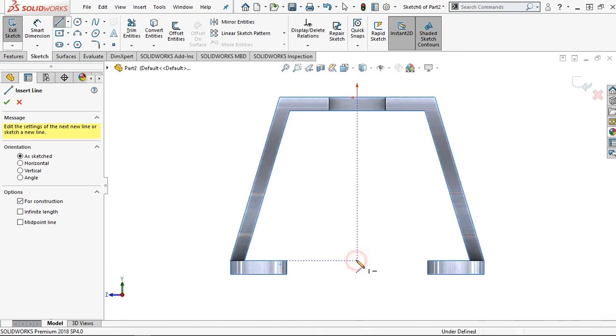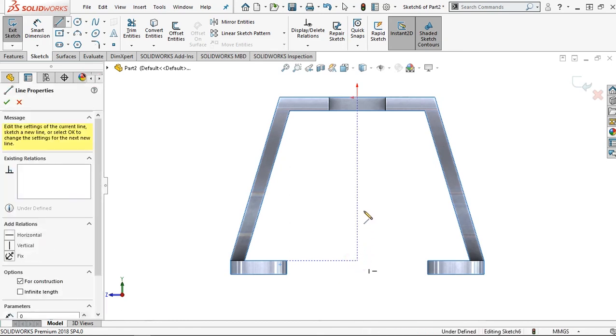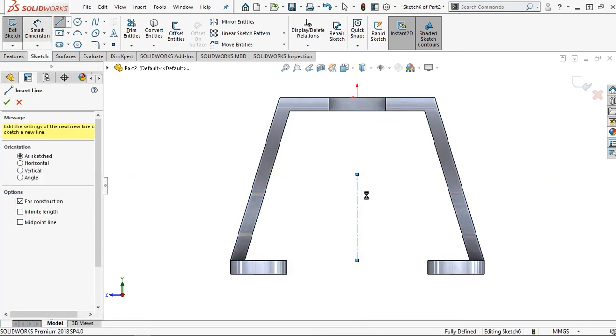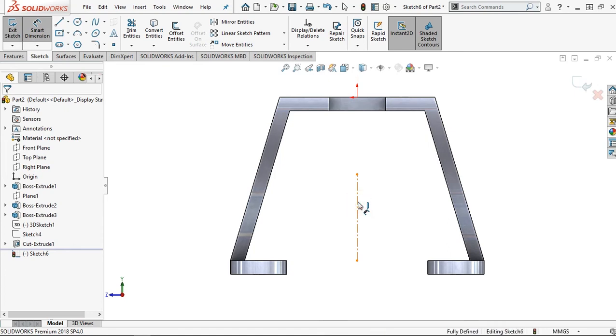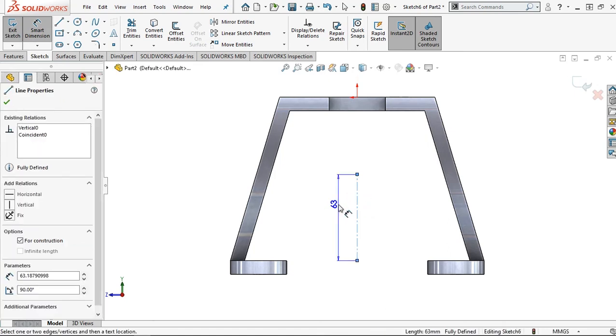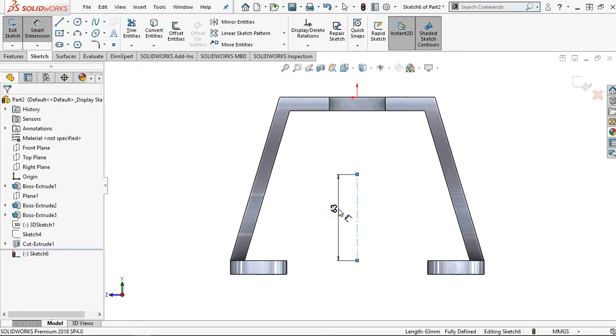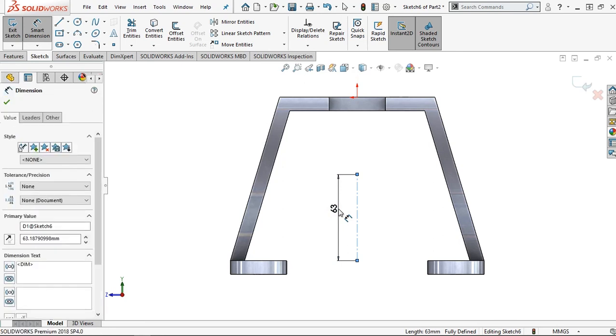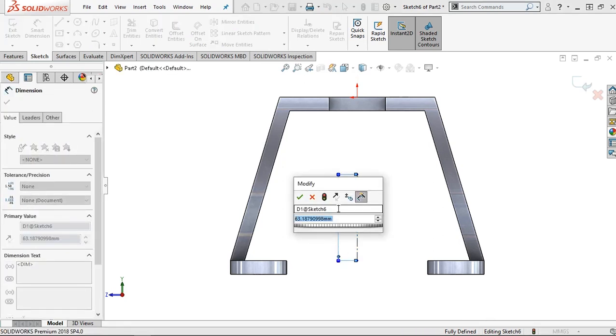Start from this position, and then I want to set the length, and it is 65 millimeter,